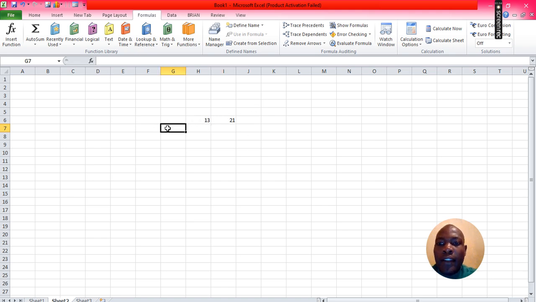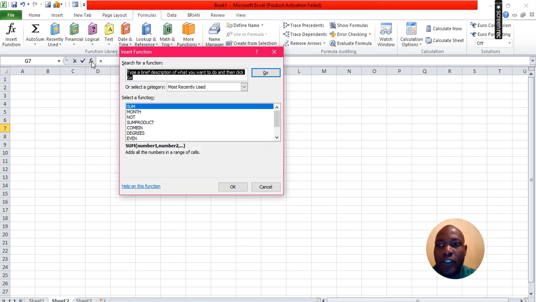Another way to add the values in Microsoft Excel, click the Formulas tab, Formulas menu. Select Insert Function, or click the FX button, the Insert Function button next to the formula bar to display the functions available.